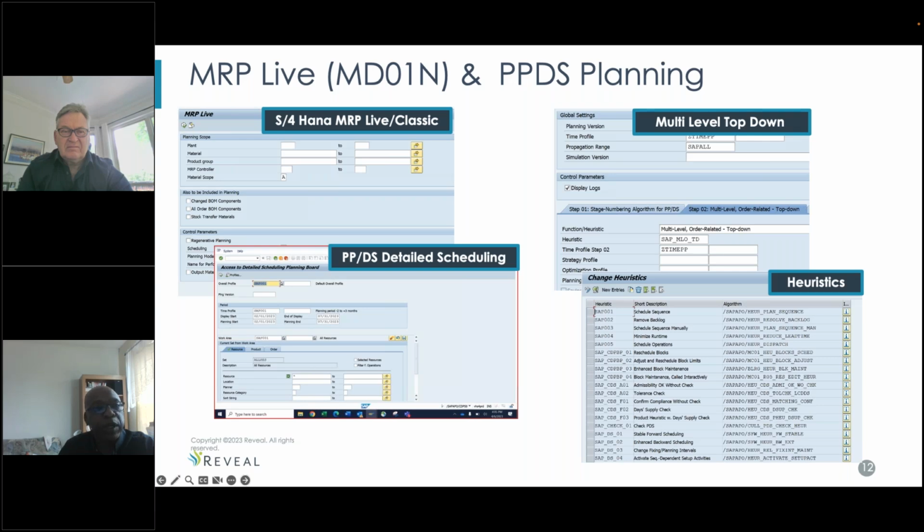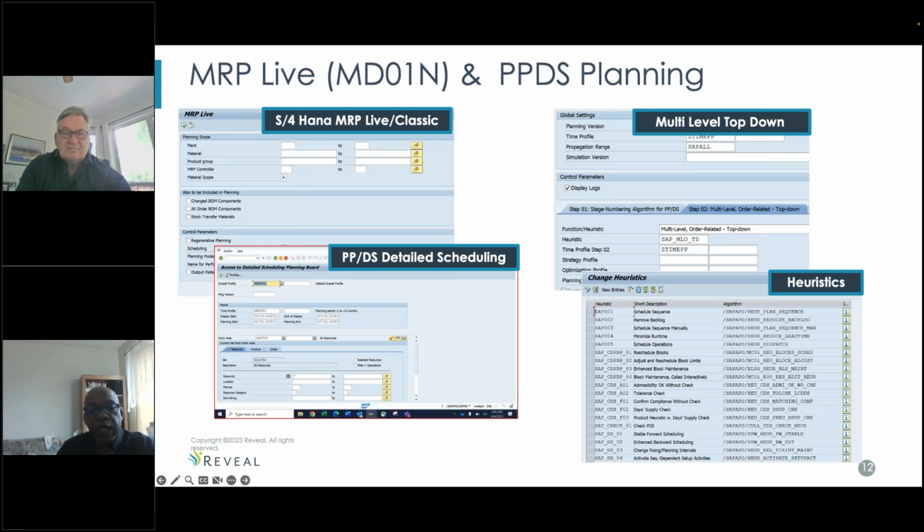So that's running MRP online, single item multi-level, and single item single level. You can do it all within this transaction. And the recommendation is that once you end up in the S4 environment, you only use this transaction, even though the other three transactions I called out